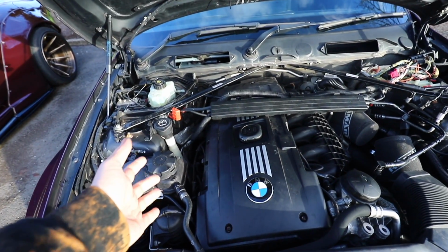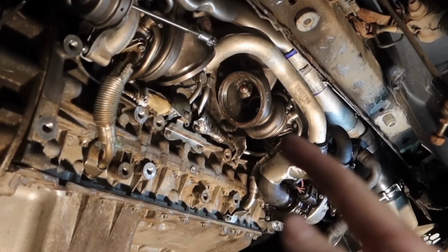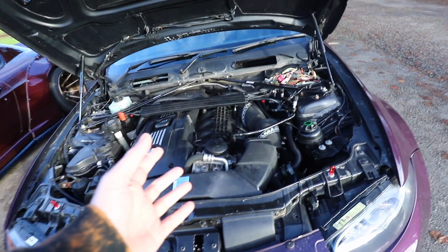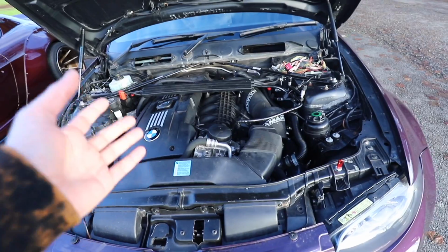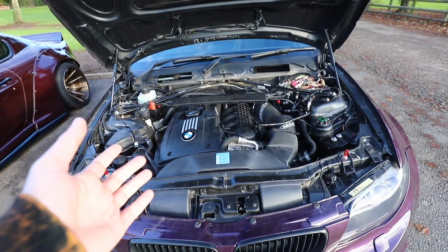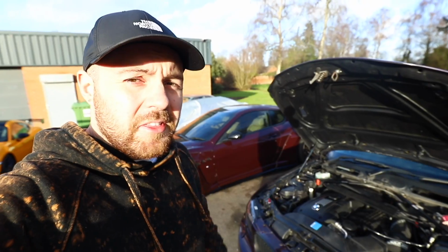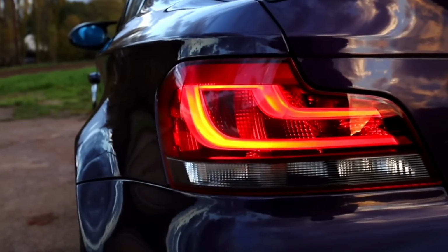You may have seen one of the previous videos we fitted upgraded turbos because the last ones were failing, and after that the car has to be tuned. It is drivable at the moment, but it's not at its full potential. It was drivable until the point where we came to tune it, and then we couldn't get the ECU to read. This is something that you're going to see in a future video, so I don't want to spoil it too much,